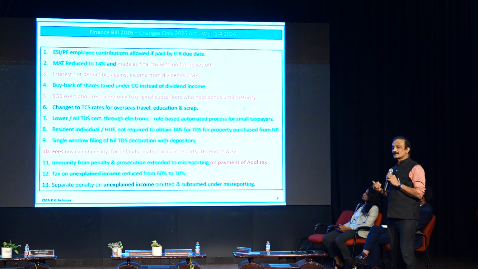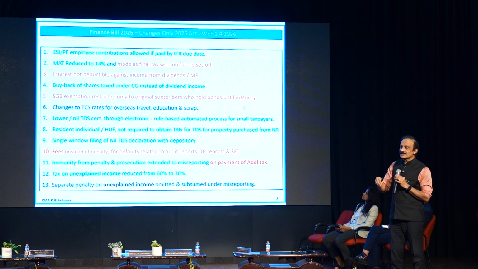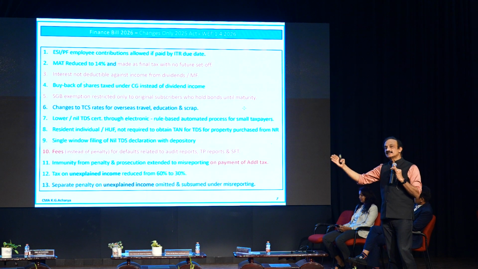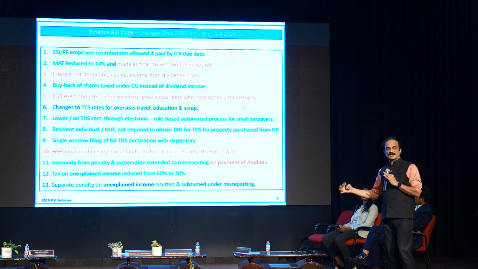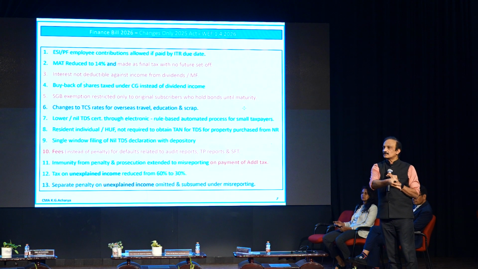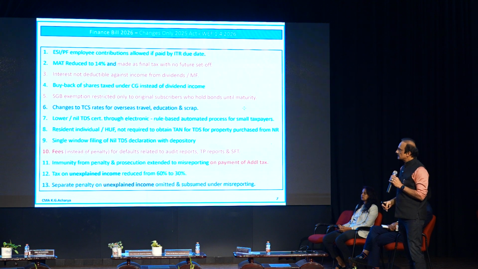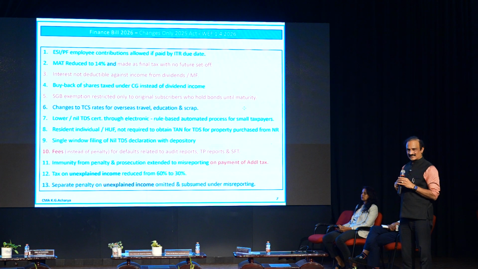Venkatramana sir was telling that the best investment he has done is investing in sovereign gold bonds. With sovereign gold bonds, if you stay invested as an original investor till maturity, then and only then the capital gains will be exempt. If you sold to somebody in the secondary market, or a person who bought it in the secondary market and sells, will not be eligible. Changes to TCS rates.